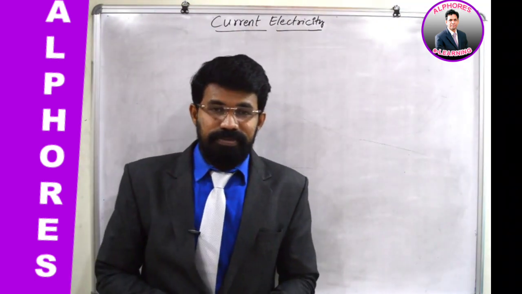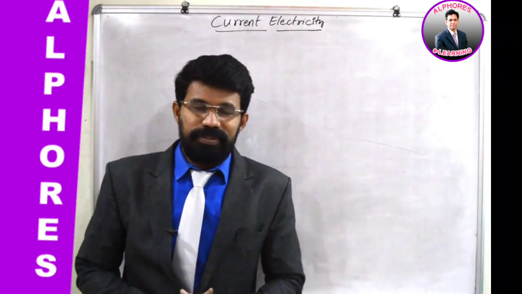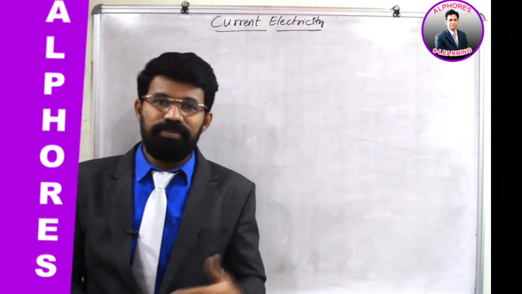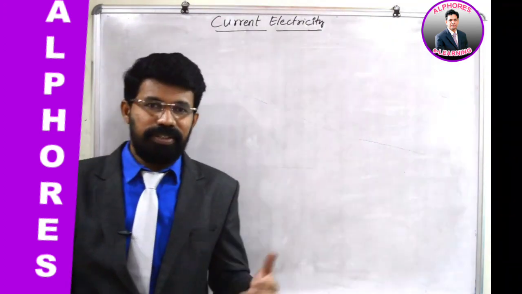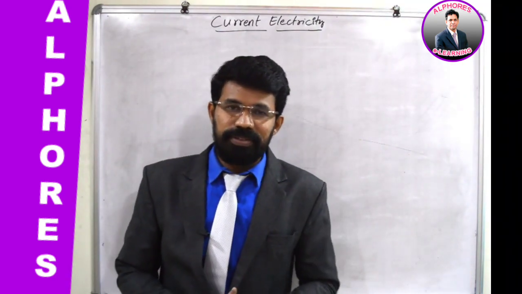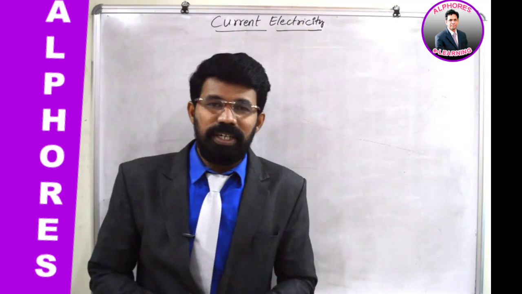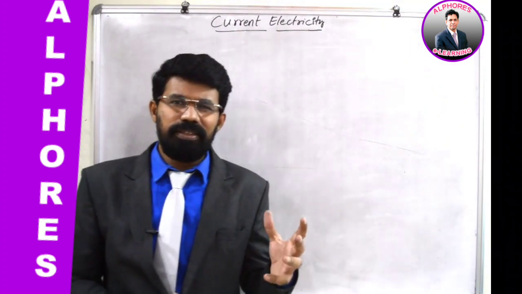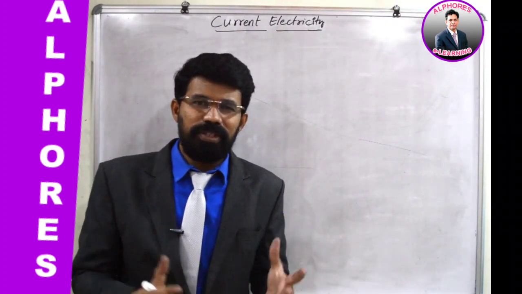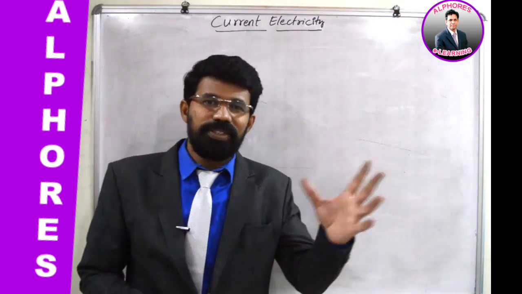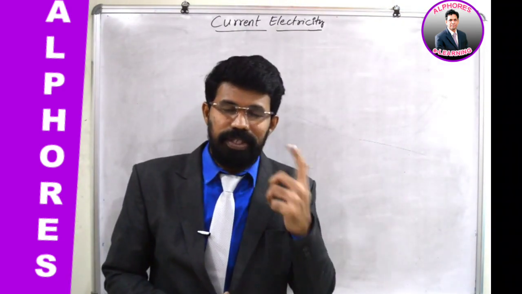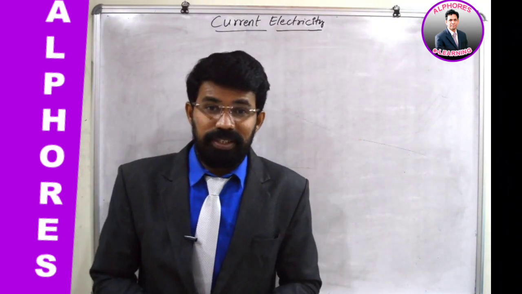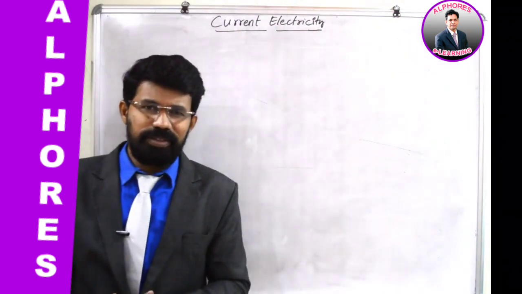In the previous sessions, we have dealt with electrostatics, and today I am going to start one new chapter, current electricity. Let me tell you how this chapter is different from previous discussion. In electrostatics, whether it is capacitance or potential or electric charges and fields, we have dealt with phenomena, effects shown by charges which are at rest position. Whether it is a ring or a disc or a sphere, a shell, line charge or a sheet, charge is there on the body at rest position, isn't it? Charge is not in motion. So we have dealt with effects and phenomena produced by charges which are at rest position. So that's why the name electrostatics was given to that.